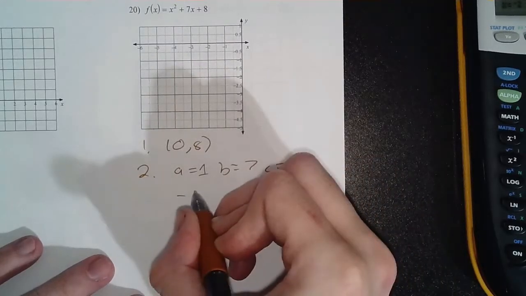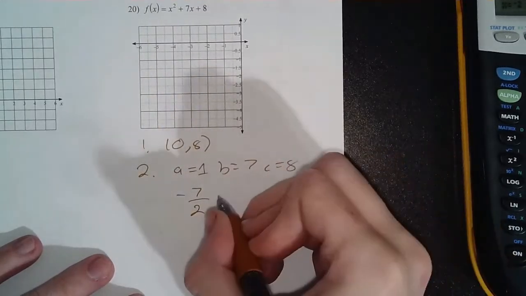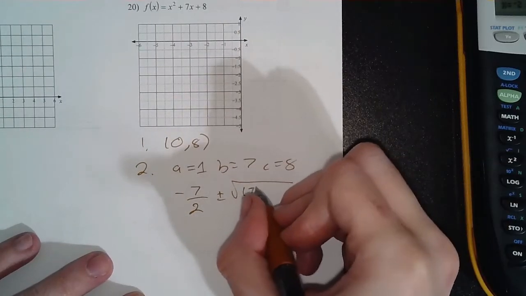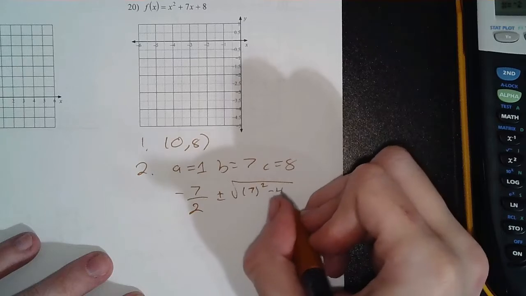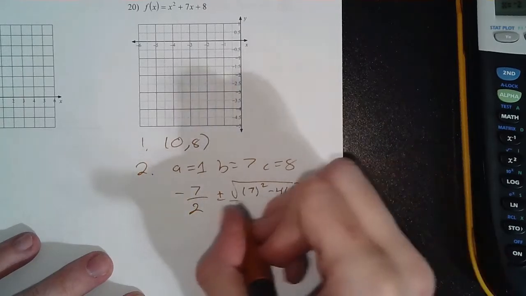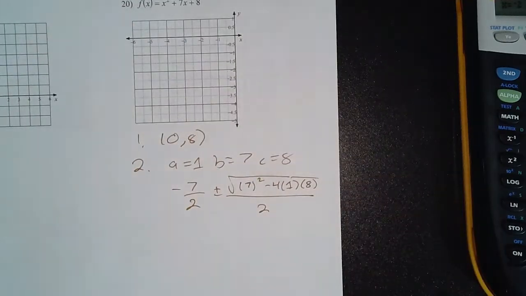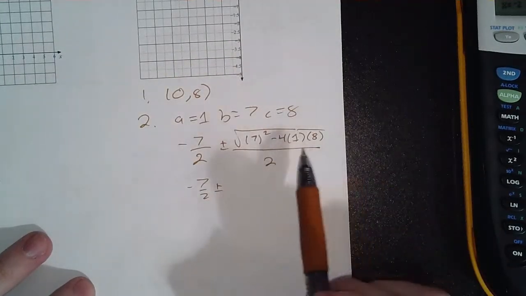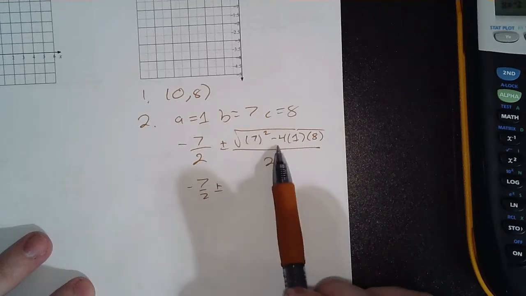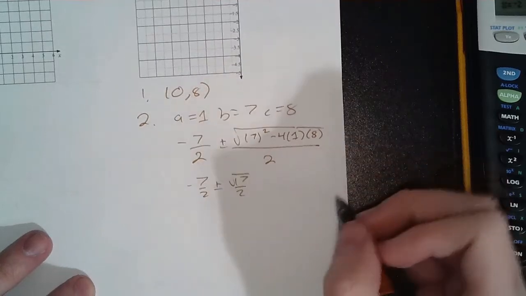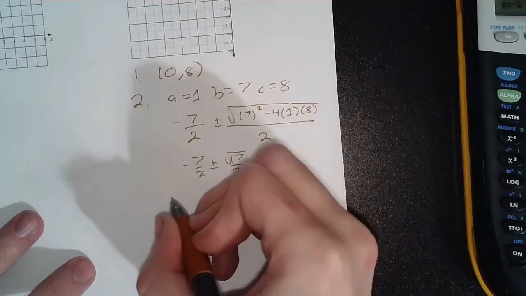Quadratic formula: negative b over 2a, 2 times 1, plus or minus the square root of b squared minus 4 times a times c, all over 2a, 2 again. This is not actually a pretty number. If I do the math on my calculator, 7 squared is 49, 4 times 8 is 32, and 49 minus 32 is 17. I get this nasty answer, which means that my x-intercepts are